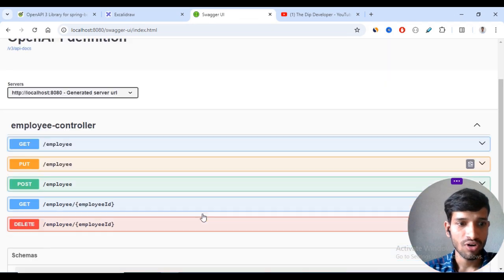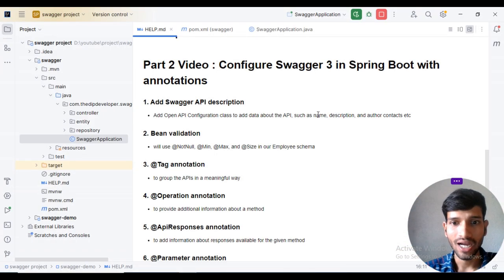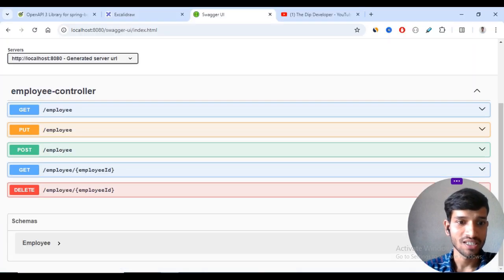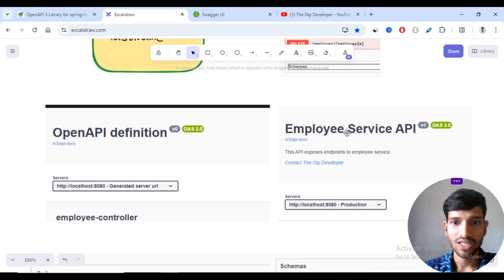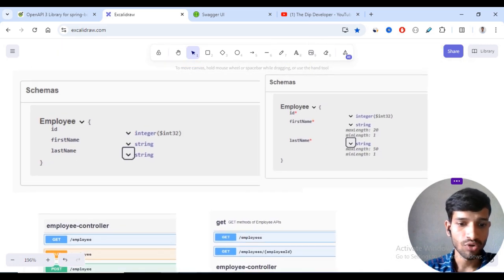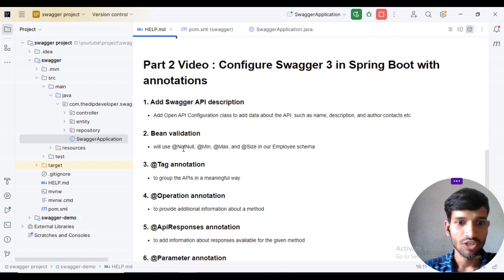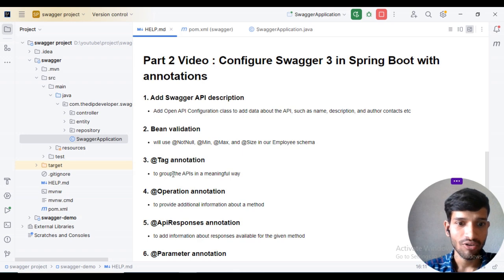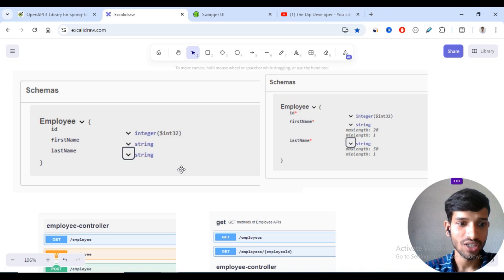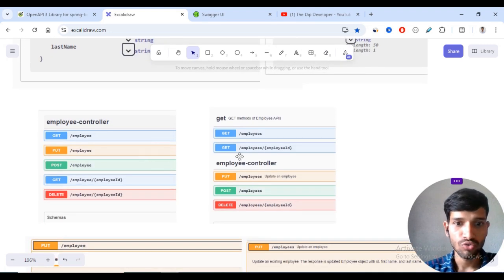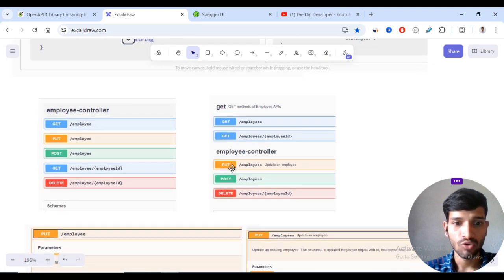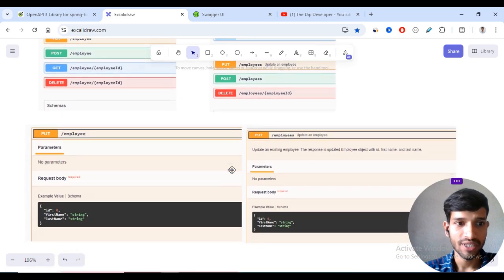So what I will cover: I will name the description of the developer in the application. You can see the application details we have provided. Then we will configure the schema using not null, min, max, size, those types of annotations. Then I will use the tag annotations to group the different types of APIs meaningfully. We have get API, put API. So to group the get API and the put API, we will use different tag